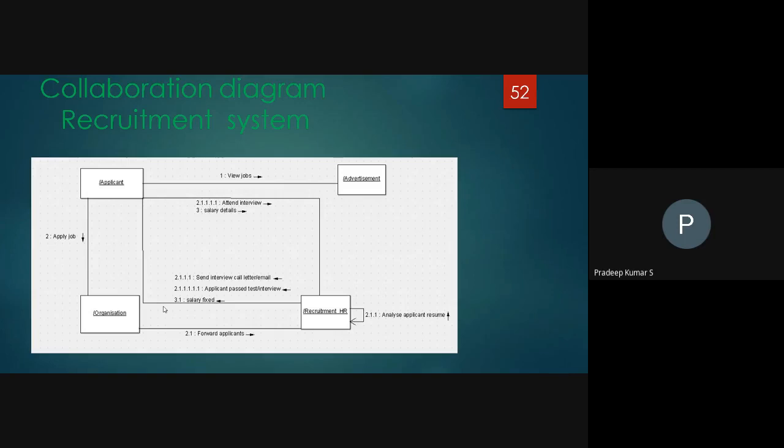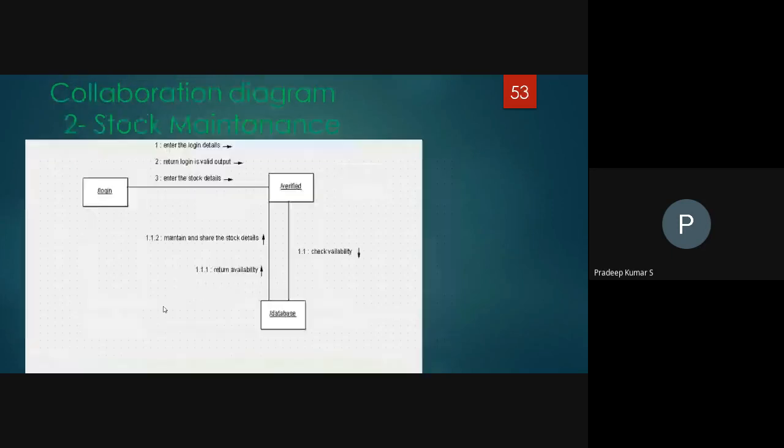The same scenario I explained in the use case diagram, class diagram, and sequence diagram, based on the symbols and syntax of each diagram. I can represent it in some other way. I took the same example.